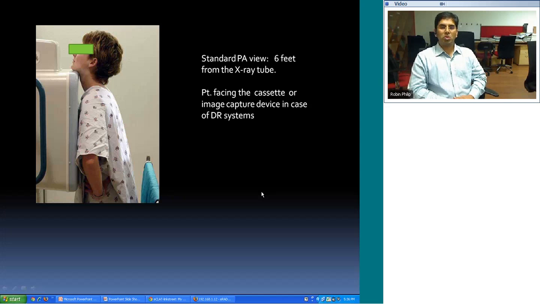Most of them are either CR, computed radiography, or in tertiary care centers usually DR systems. It's done with the distance between the tube and the detector being around 6 feet. That's the standard. That's the standard PA view. How it is done,